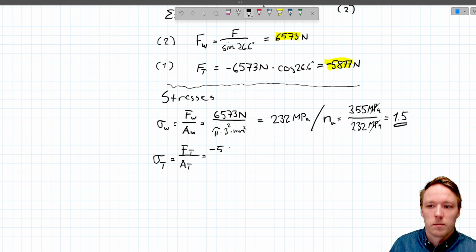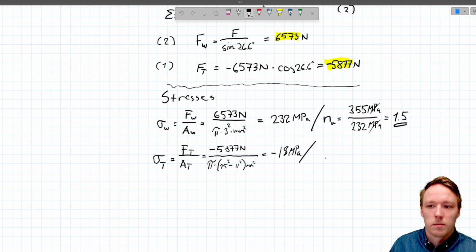So the force was minus 5,877 newtons, and the cross-section area on a tube, we calculate that pi times 15 millimeters, so that is the outer radius from the outer diameter, minus the radius powered to 2 of the inner diameter, so 11 squared millimeters squared, like that, and that equals to minus 18